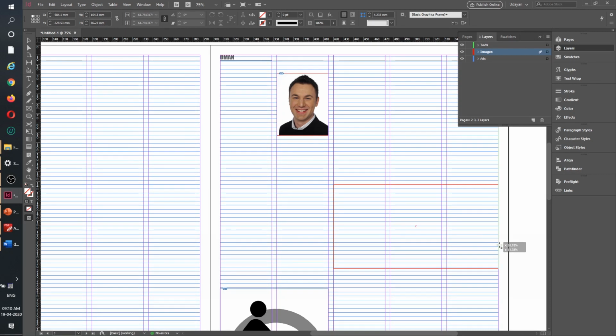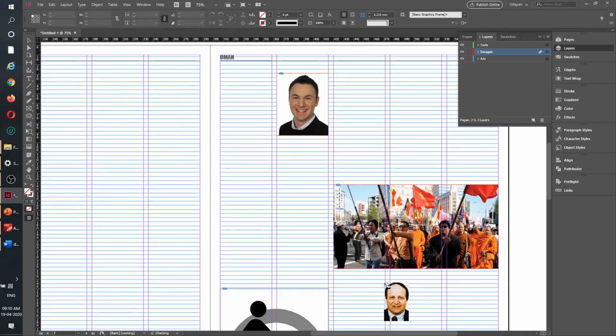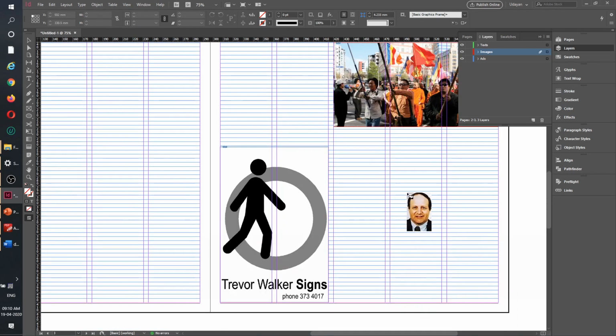Whoa, this is a very big image. But anyways, and this guy we need half a column size. So maybe from here. Okay, I really don't know where we will place it, but roughly half a column. See, this much should be half a column, right? And we will place this image here.